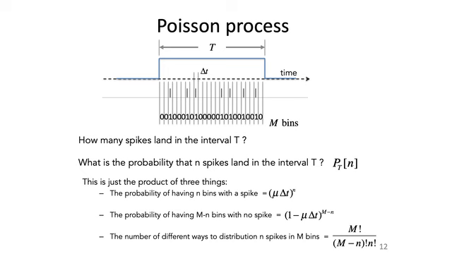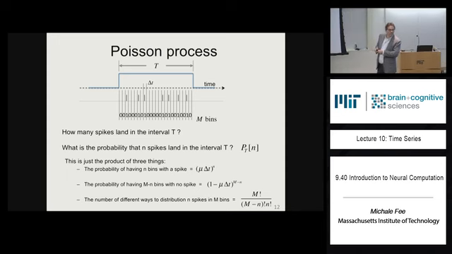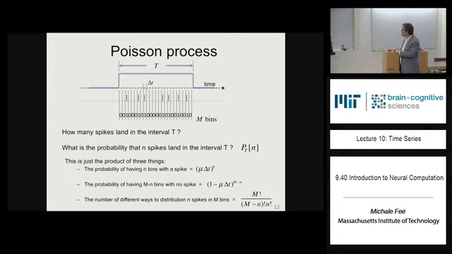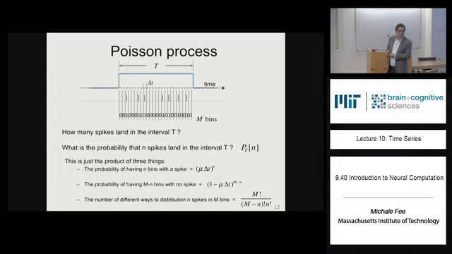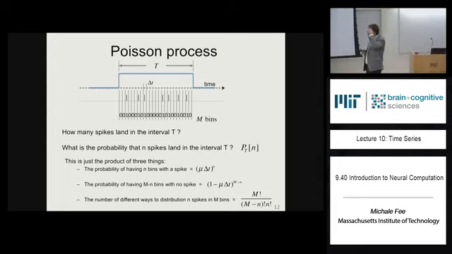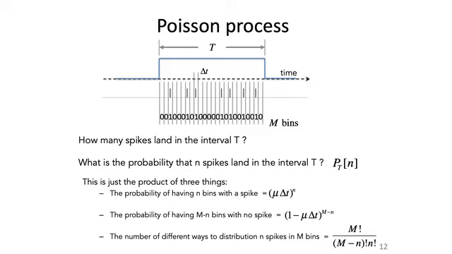So that probability is just the product of 3 different things. It's the probability of having n bins with a spike, right? So that's mu delta t to the n, right? It's n independent events with probability mu delta t